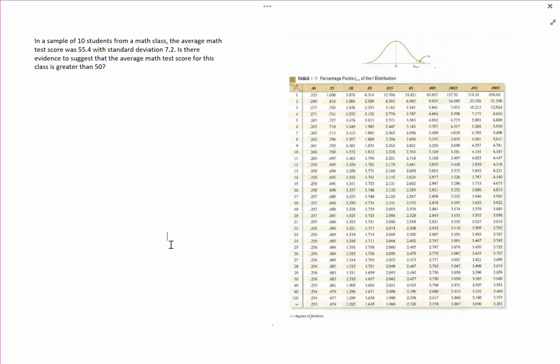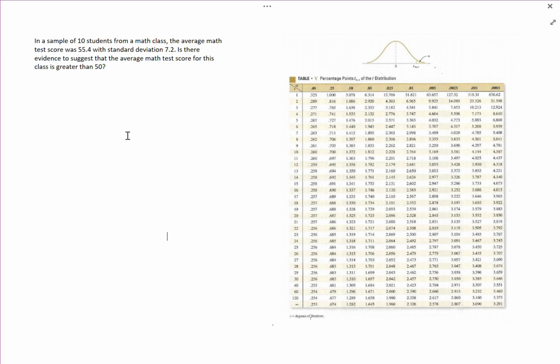Here we're given a scenario where we have a single sample and we want to extract information from this sample. The question says, in a sample of 10 students from a math class, the average math test score was 55.4 with standard deviation 7.2. Is there evidence to suggest that the average math test score for this class is greater